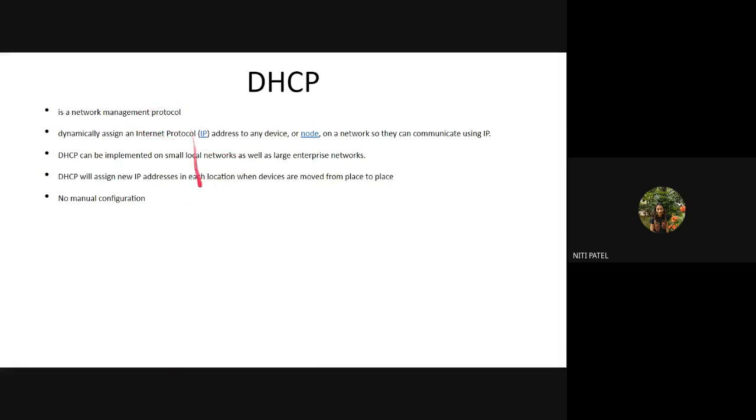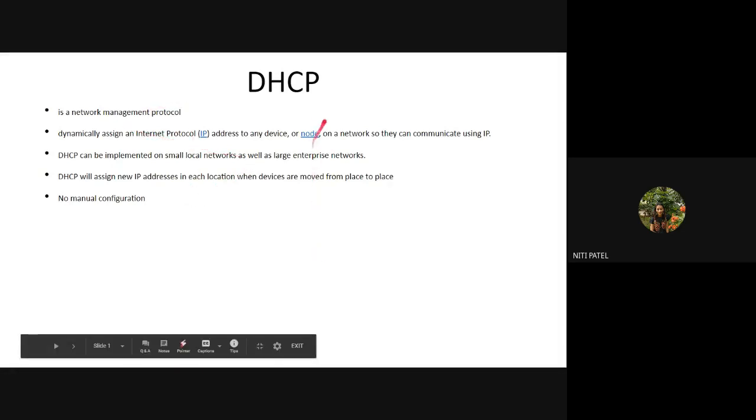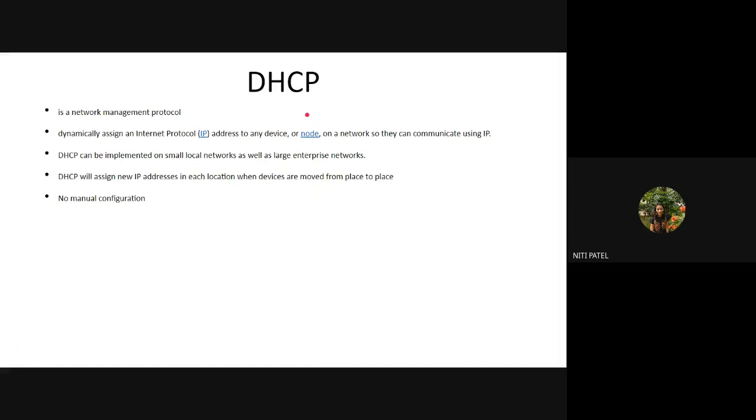The function of this protocol is to assign IP addresses to all the client machines which are getting connected to a network for any kind of network service or network resources. So if I am a computer and I want to use a service or a resource, or search for anything on a network, then when I connect to the network I have to first get an IP address. Who is going to assign me that IP address is this network management protocol called the DHCP protocol.